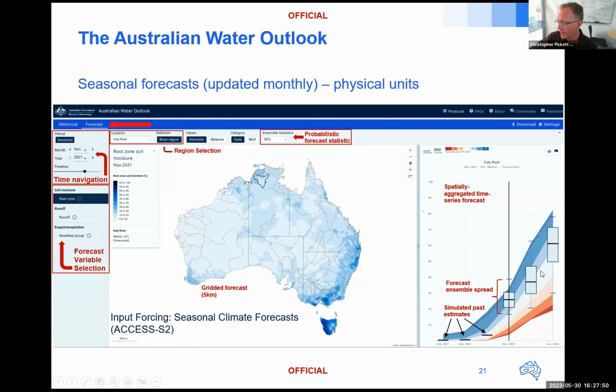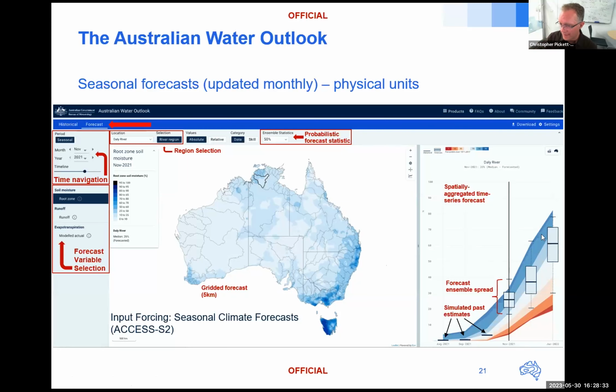And you can see here what it describes. You can see the analyzed estimates in the past of what was treated as observed, in this case soil moisture, and then the forecast change in soil moisture in the next 3 months. This particular region is the Daly River region, a defined basin in the Northern Territory. You can see this is for November, December, January, so this is the lead up to the wet season for 2021 leading into 2022. And again, the bar plots are providing the forecast uncertainty, or the range of